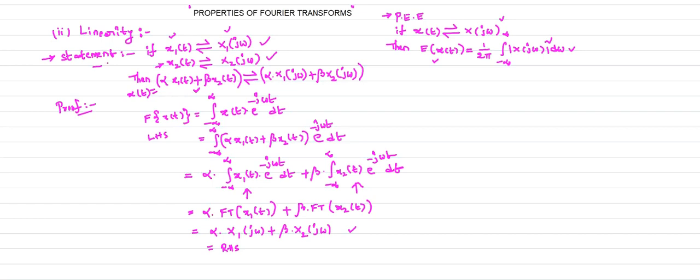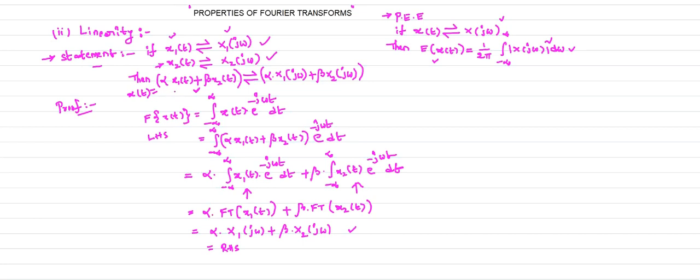Then the linearity property states that if you consider the linear combination of the two signals, that is alpha times x1 of t plus beta times x2 of t, or a times x1 of t plus b times x2 of t, like that. In place of alpha and beta you can consider any constants a, b. In the textbook it is given a and b, so I consider here alpha and beta. So this is the weighted sum of the inputs or linear combination of the inputs.